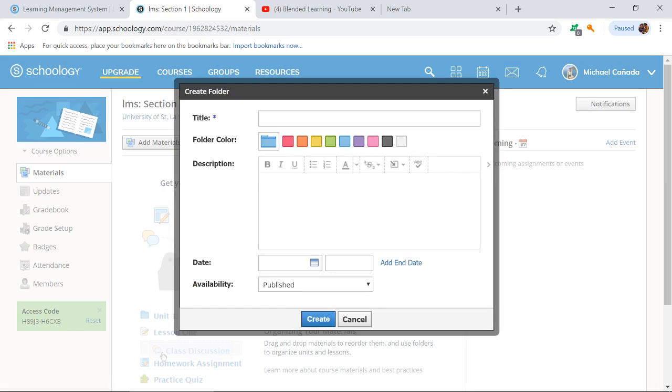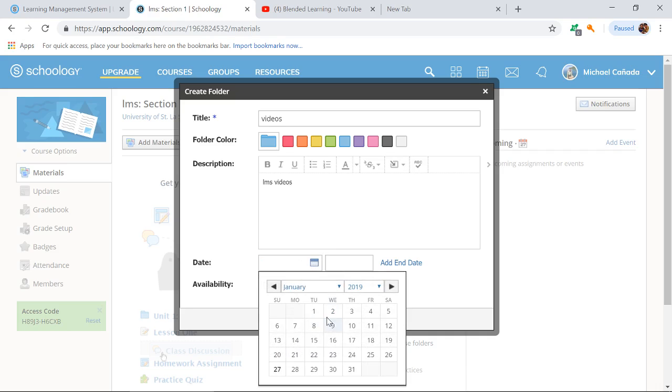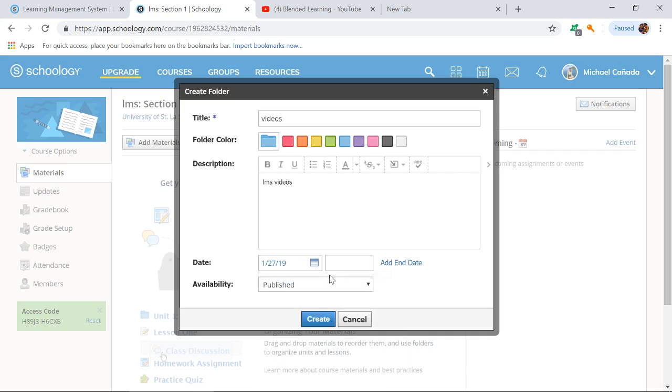If, for example, the title of this folder would be videos, all of the contents of this folder would be videos regarding my LMS series. So you can even choose the color of your folder. You can write your description here. Like this would be my LMS videos. You can put the date, and so today is January 27, let's say, for example, and you can also add